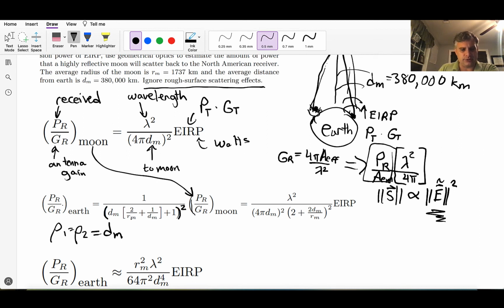And then I alter the curvature with my new rho sub 1 prime, which we said was equal to rho sub 1 over rho sub 1 plus 2 over the curvature of the reflective surface, which in this case is the radius of the moon,